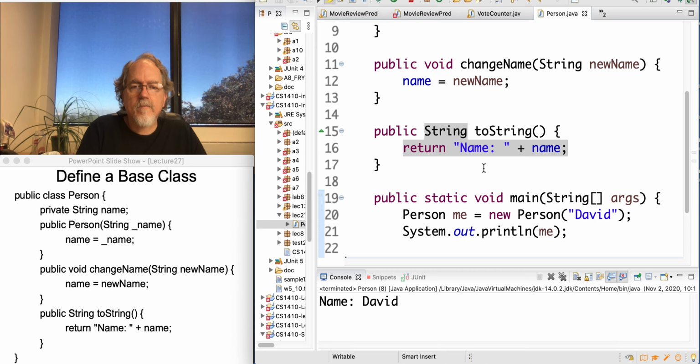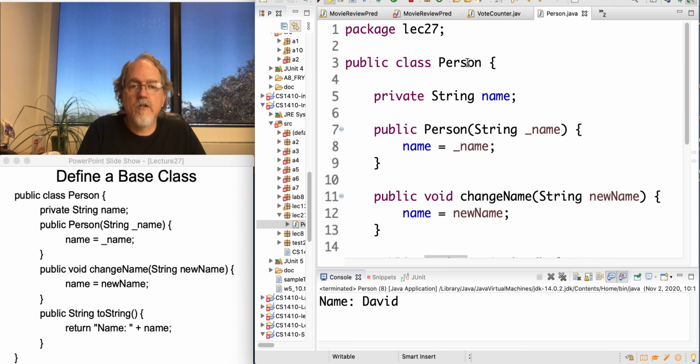Okay, so this is a sort of generic-y kind of thing. Not generic in the sense that we've been learning generics, but this is a pretty basic definition of what a person is, right? It just has a name. It's not really doing much for us, right? Okay, so